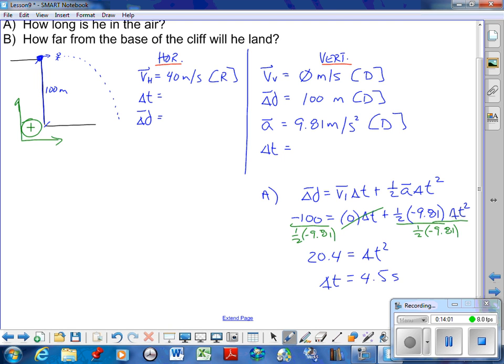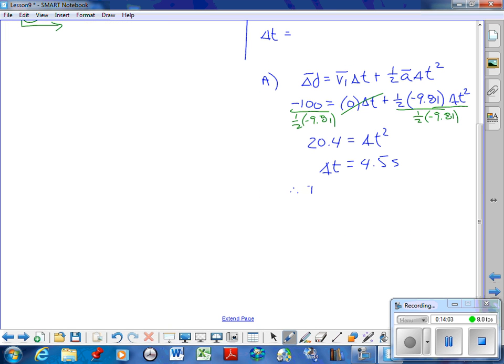4.5 seconds. So therefore, the clown is in the air for 4.5 seconds. All right, I'm going to finish up the note in the next video so that I'm not